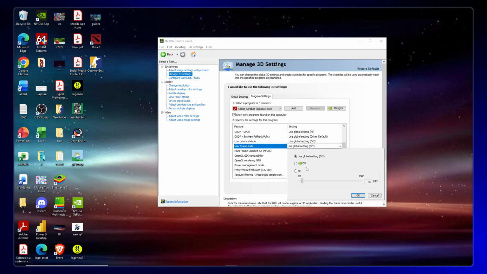Next, click the circle beside On to enable frame rate limiting for this specific game. This activates NVIDIA's built-in FPS limiter, which can sometimes be more reliable than in-game options. Now use the slider to adjust the frame rate based on your preferences. Slide it from left to right until you reach your desired FPS cap. This gives you precise control over how many frames per second your game will render, helping you balance performance and